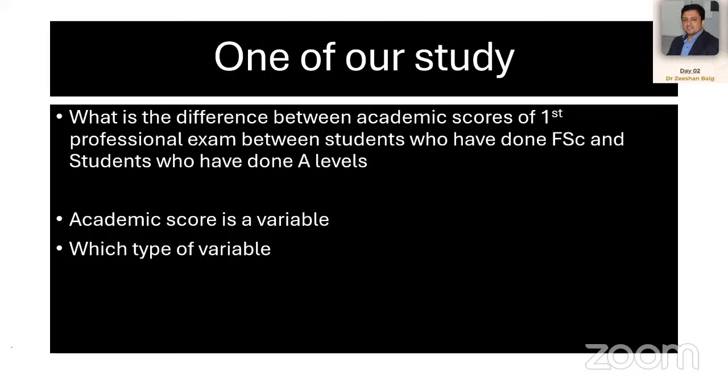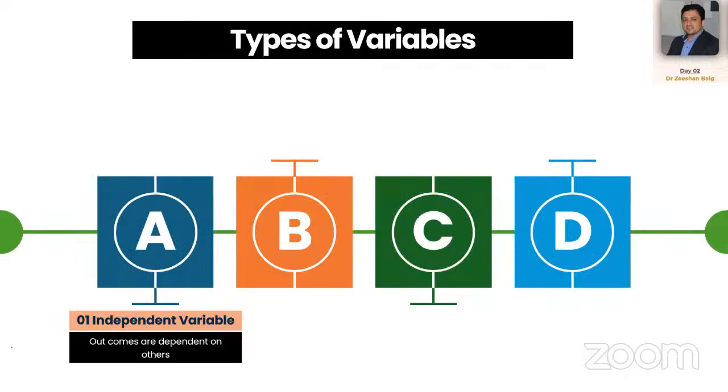विच टाइप ऑफ वेरिएबल इट इज। अब हम बात करेंगे कि टाइप्स कौन कौन सी हैं। अब डिफरेंट आइडियाज मैंने आपको दे दी। कॉन्फिडेंस अमंग स्टूडेंट्स, कॉन्फिडेंस अमंग फर्स्ट ईयर, सेकेंड ईयर, थर्ड ईयर, फाइनल ईयर स्टूडेंट्स, ये जो हम जिस पे बात कर रहे हैं। एक है इंडिपेंडेंट वेरिएबल, आउटकम्स आर डिपेंडेंट ऑन अदर्स। इंडिपेंडेंट वेरिएबल बड़ा इंपॉर्टेंट चीज है। वो इंडिपेंडेंट है, वो कम हो जाए ज्यादा हो जाए, मिसालों से आगे बताता हूं। और इसका आउटकम दूसरों पर डिपेंड करता है। दूसरा है डिपेंडेंट वेरिएबल,